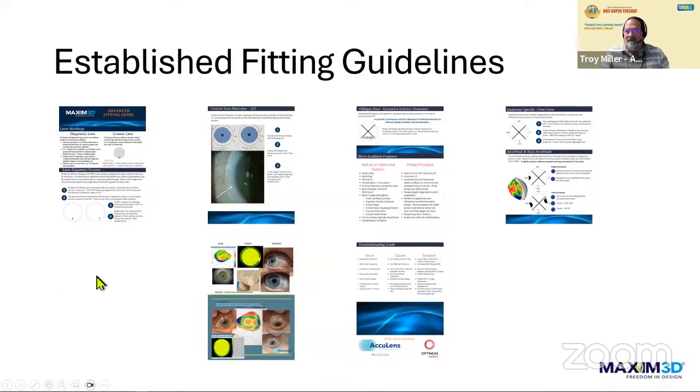Established fitting guidelines. We have an extensive range of information on fitting scleral lenses, not just utilizing the technology of profilometry, but also fitting scleral lenses utilizing a fitting set. There are a lot of similarities, a lot of things to look for when you're doing both of those types of fit. And so the fitting guide establishes criteria for both and an understanding of what to look for when you have the patient under the slit lamp.